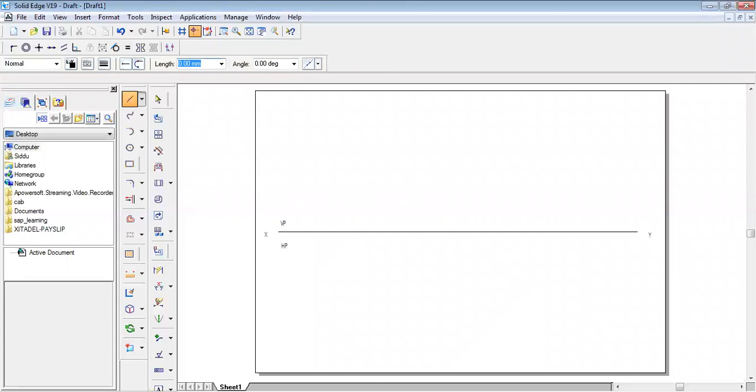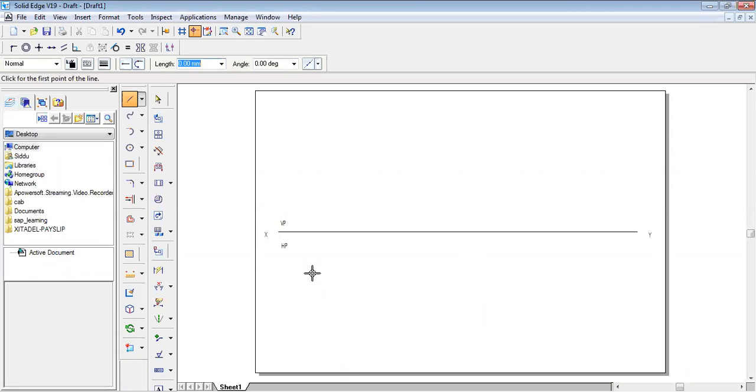Okay, so now, what is being given in the problem? A pentagonal prism with 25 mm sides of base and 60 mm axis length of the solid object. It is resting on HP on one of its edges of the base, in which it is inclined to VP at 30 degrees. Draw the projections of the prism when the axis is inclined to HP at 40 degrees. Okay, so this is what is being given. So now we'll see how we are supposed to do it.